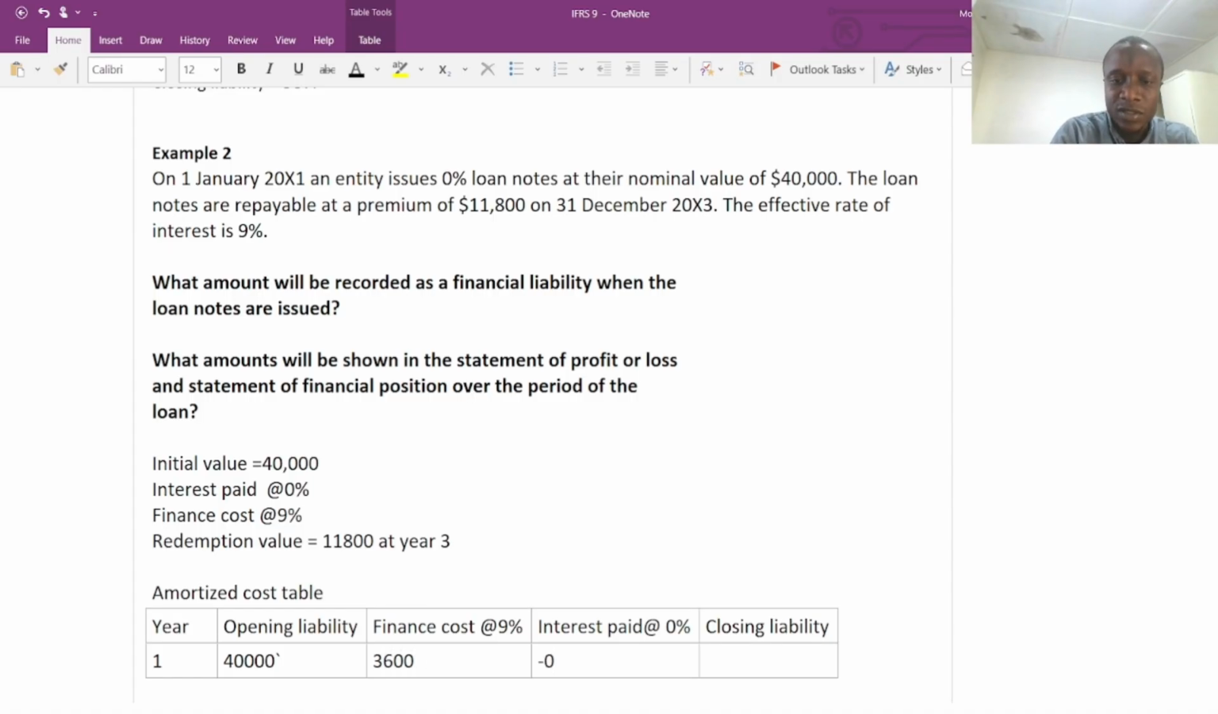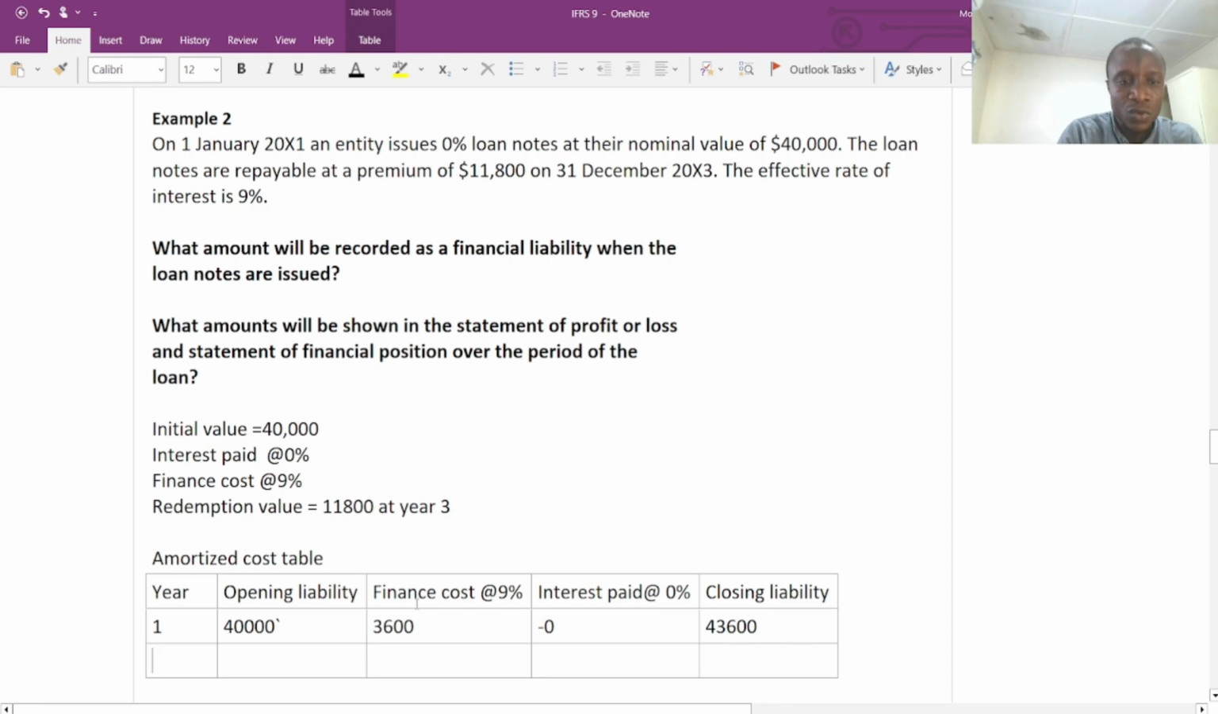The interest paid is 0. The closing liability will be 40,000 plus 3,600, which gives us 43,600. Year 2, the opening balance will be 43,600 multiplied by 0.09, which gives us 3,924. Cash payment will be 0. Then 3,924 plus 43,600 will give us